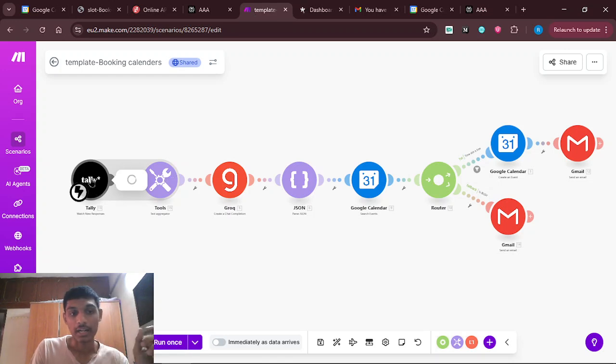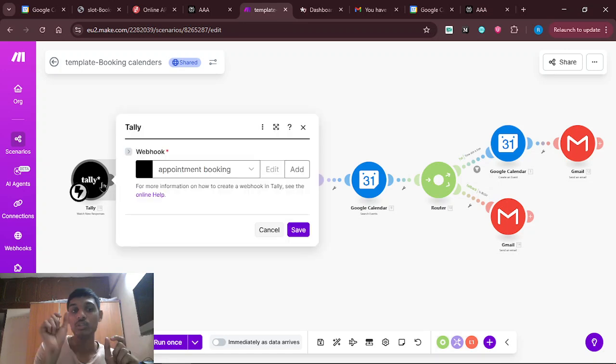You have to connect with the Tally account, and once it is connected, you have to create a webhook. Once the webhook is created, just save that webhook, and you can also use that webhook in that dashboard itself. In Tally, I'll show you how to do it. Once the webhook is created, you have to choose which form you have created to integrate with this webhook. I have created an appointment booking, so in here I'll be choosing the appointment booking calendar. See,